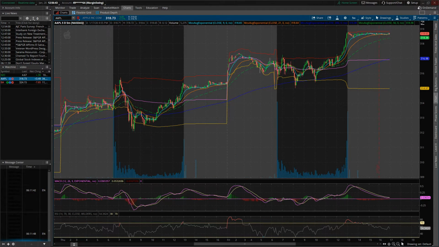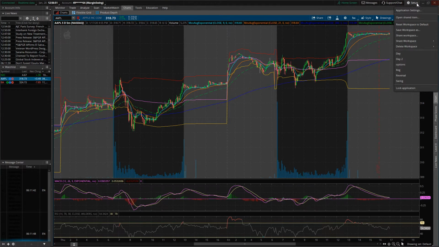Okay guys, before we get too far into this, there is something that you need to know. You have to save these setups. So you can go into setup here, and you want to save workspace as. Click that, and you can see I have a few different